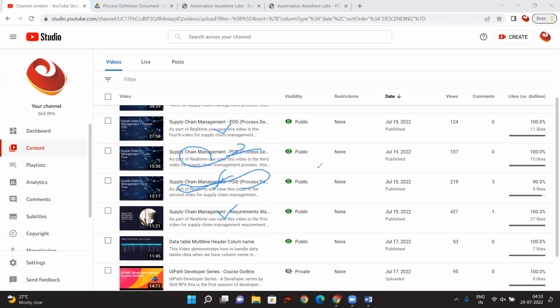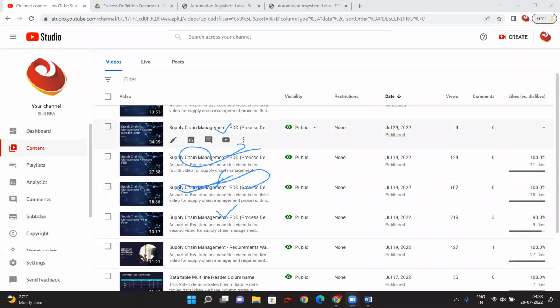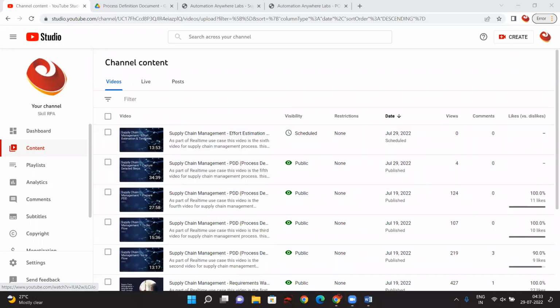Once the document was prepared, we captured the detailed steps, and then we went for the effort estimation, how we are going to give the effort estimation